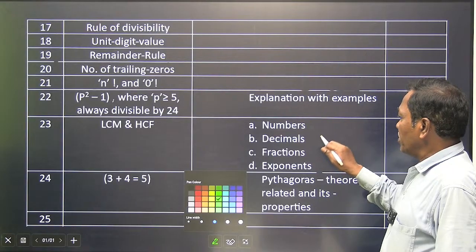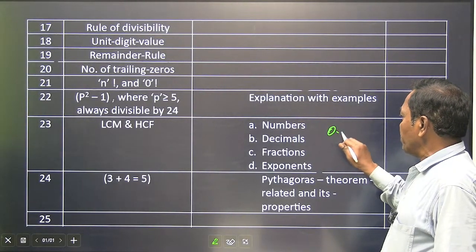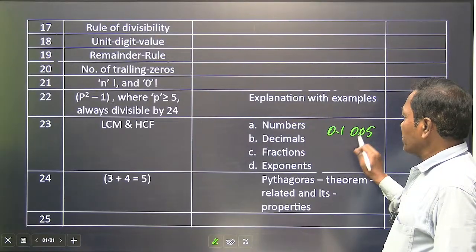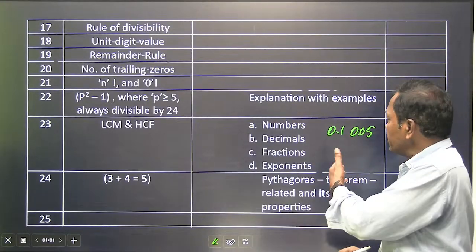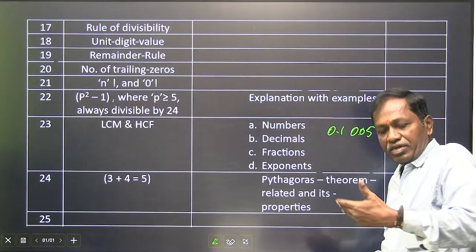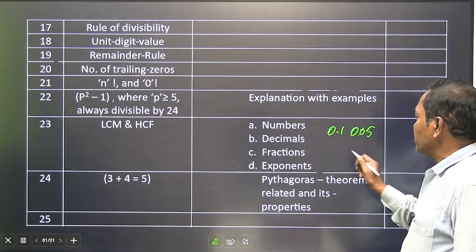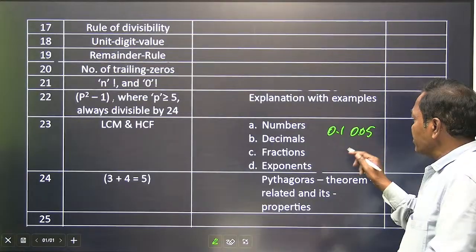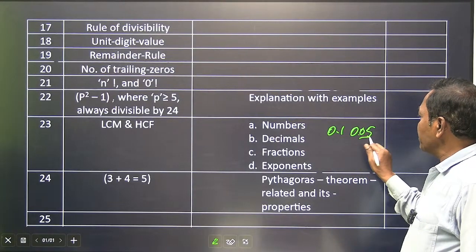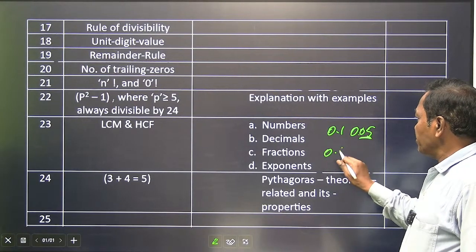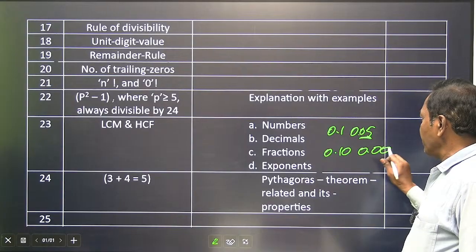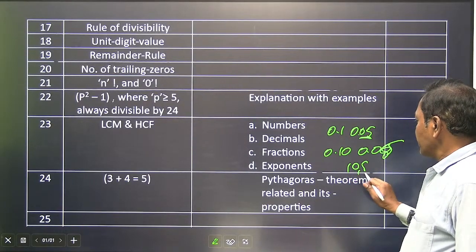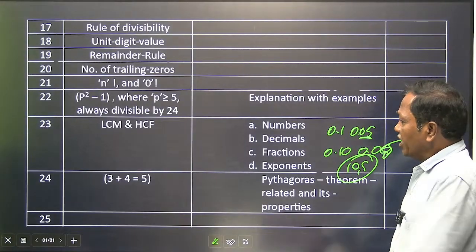For example, with decimals, you can take 0.1 and 0.05. What is the LCM? When it comes to the LCM, first you have to convert these into natural numbers. To convert to natural numbers, you have to equate the decimals to uniform length. How many decimal places are here? 2. So 0.10 and 0.05 become 10 and 5. Okay. And if fractions are given,